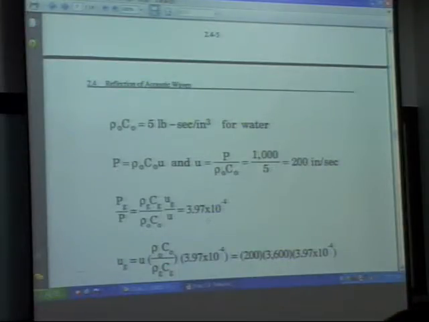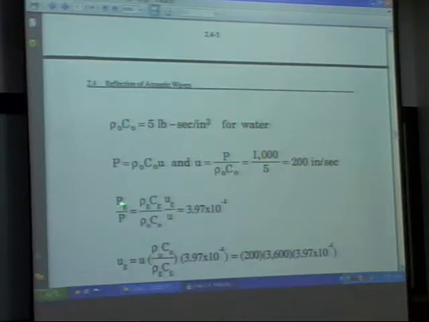So you expect the same 200 inch per second. Then PG over P, you know this ratio. What's the ratio? 1 over 3600, right? 1 over UG